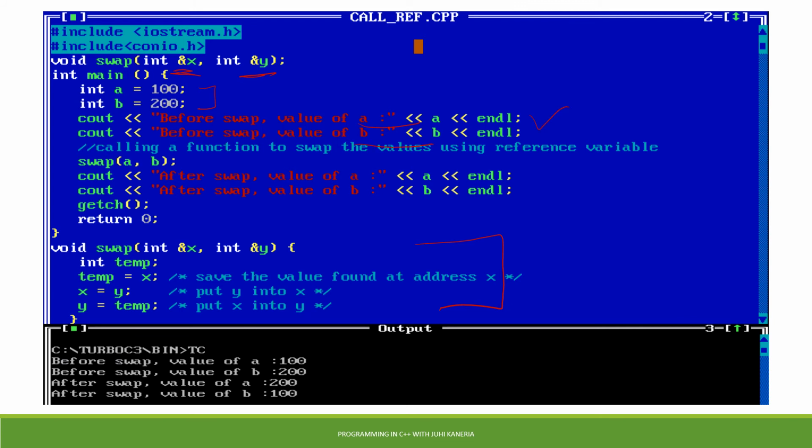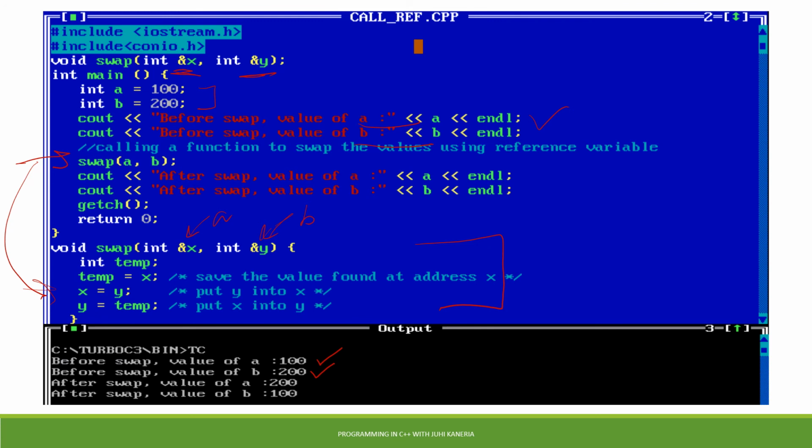So the value of a is printed as 100 and value of b is printed as 200. Now let's say swap function is being called, swap a comma b. So what is going to happen is the control will be transferred to the swap function, and the address of a would be copied to x, and the address of b would be copied to y.